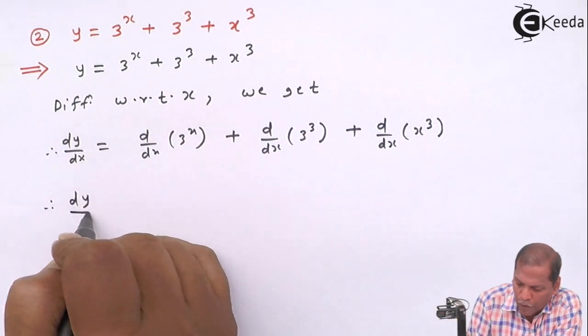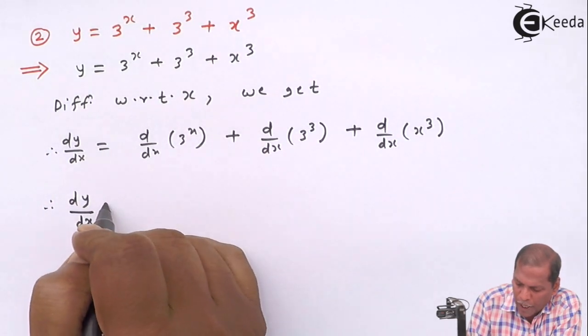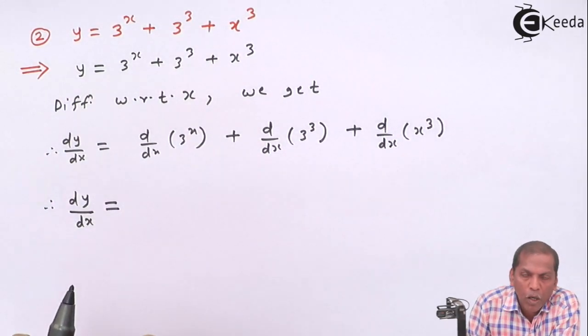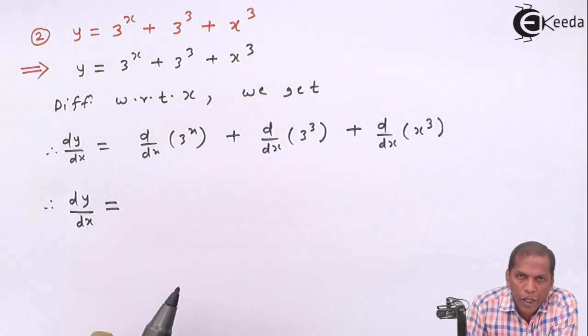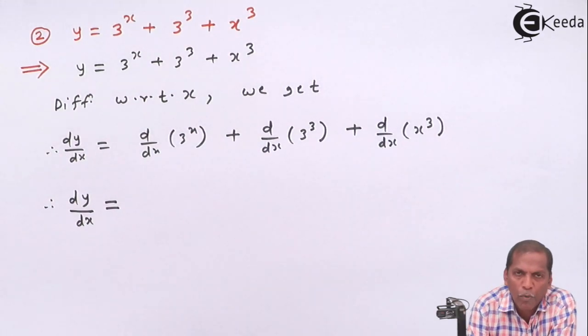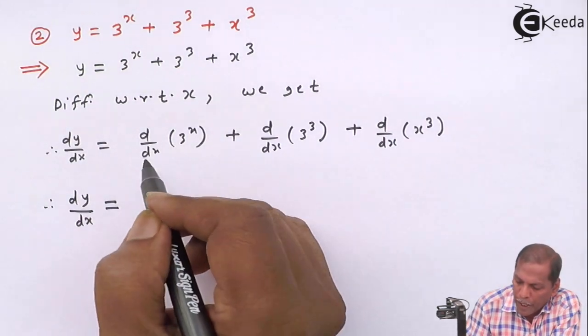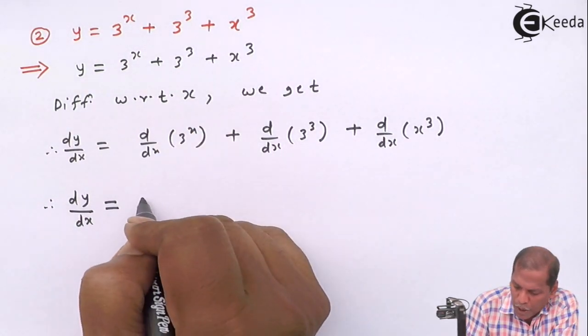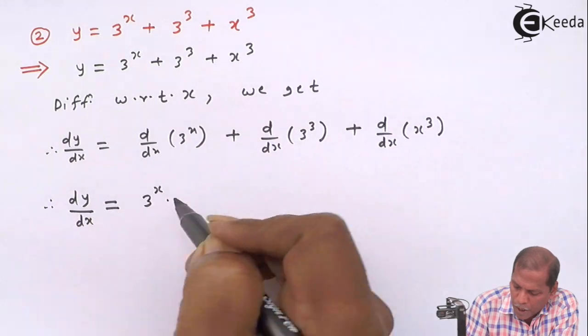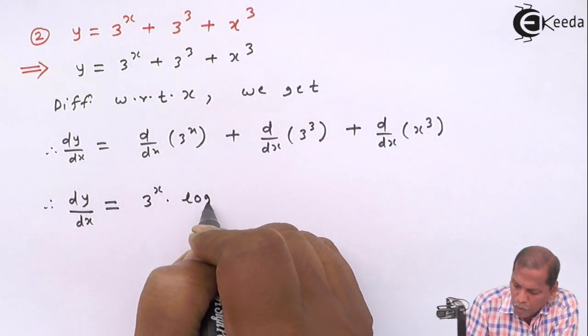Therefore, the next step will be dy by dx is equal to, now derivative of 3 raised x, so here we have to apply the formula that derivative of a raised x is equal to a raised x log a, and therefore the derivative of 3 raised x is 3 raised x into log 3